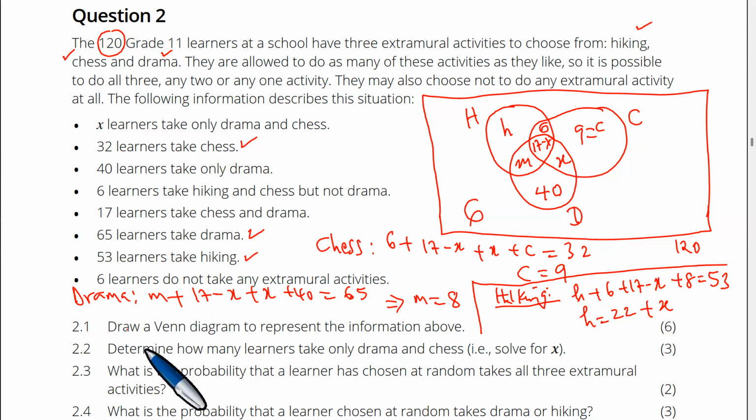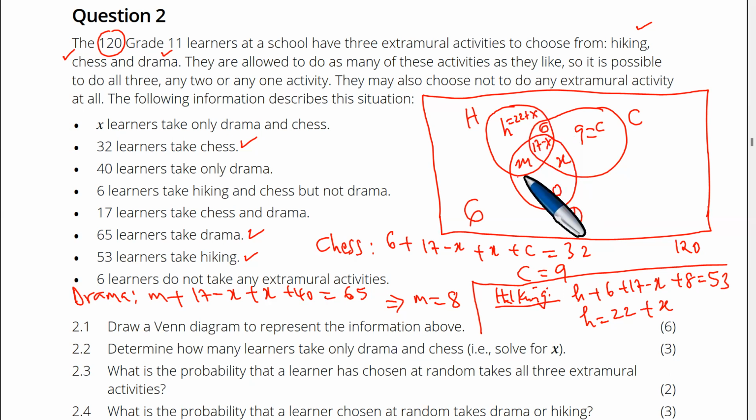Now, draw a Venn diagram to represent the above information. So the Venn diagram has therefore been drawn, and the information has been shown there. Obviously, you can put the rest of this in the Venn diagram. You can put your C is 9. You can put your M is 8. You can put your H is